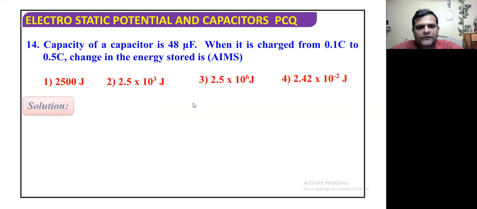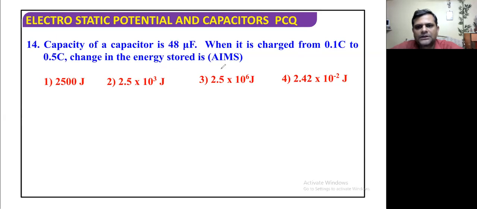A capacity of capacitor is 48 microfarad. When it is charged from 0.1 coulomb to 0.5 coulomb, then the change in the energy stored in it is... So when it will be at charge 0.1 coulomb, the energy stored in it will be Q square by 2C. ये फॉर्मूला हमारे पास होता है एनर्जी के लिए।